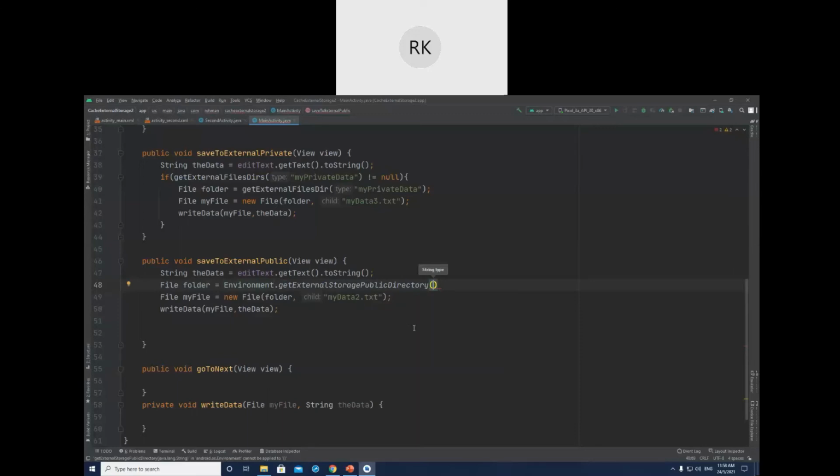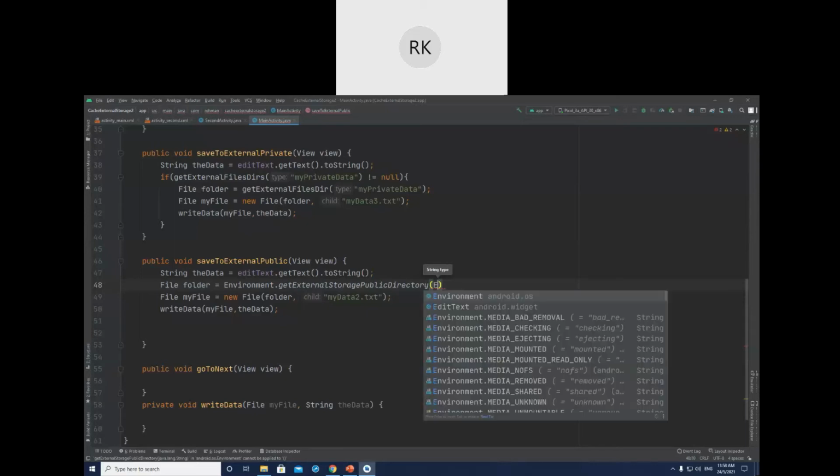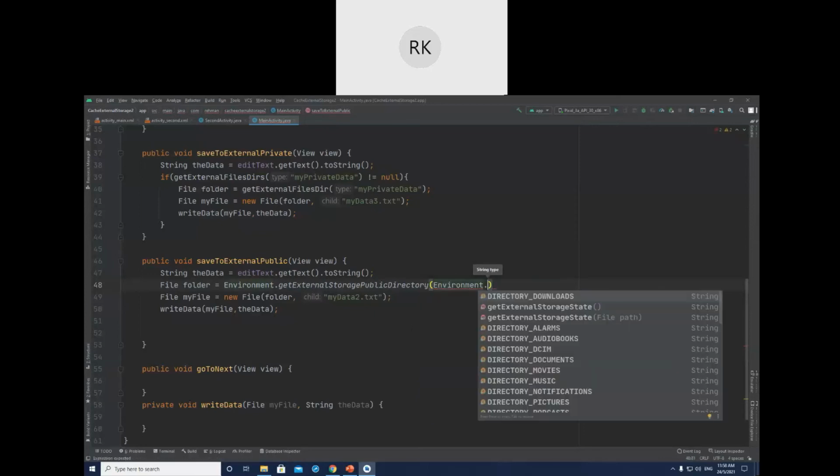And then you see in the external public directory we have several, like my documents, downloads, images, and maybe the user created many public directories. So which one you want to access? So Environment dot, you see, these are the directories like DIRECTORY_DOWNLOADS, DIRECTORY_DCIM and so on, movies, music, and pictures.